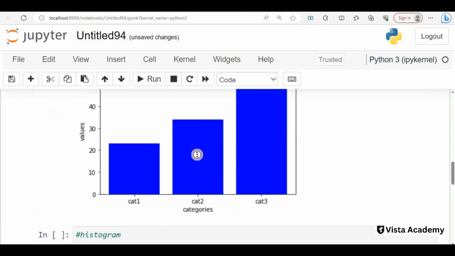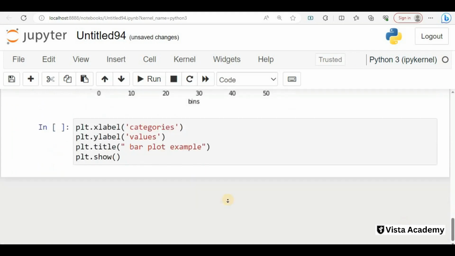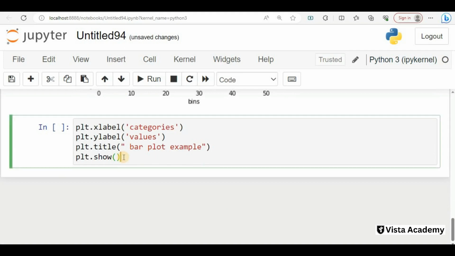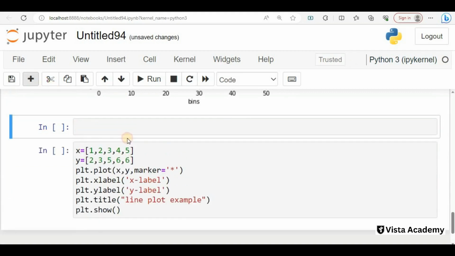Copy all this, go down, paste it here complete, and just overwrite and type here the name of the chart, which is scatter plot. When two variables have a correlation, then we will create this chart.